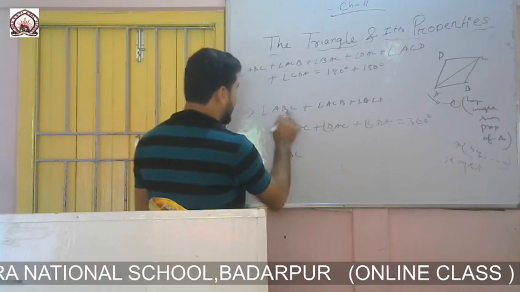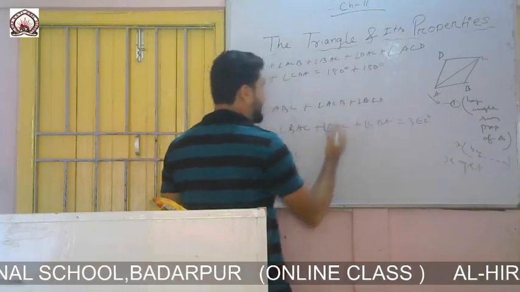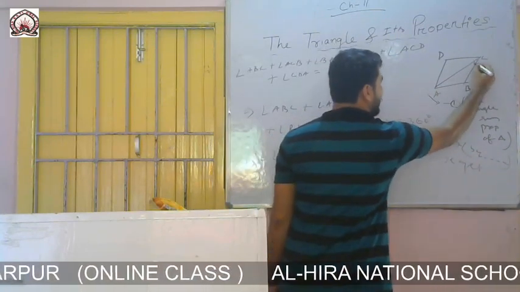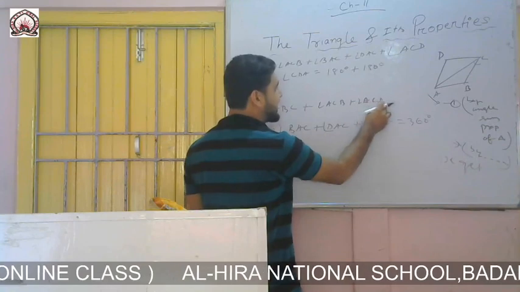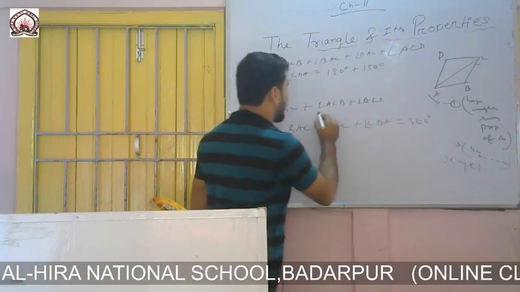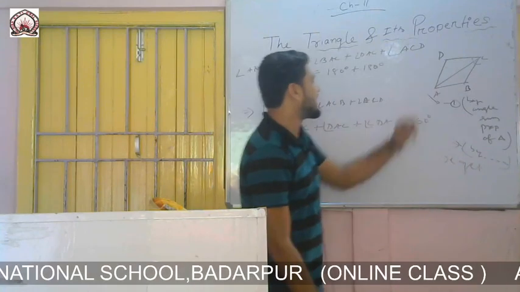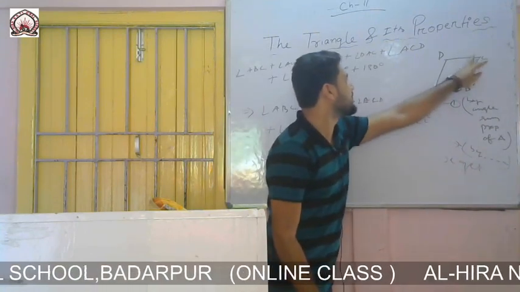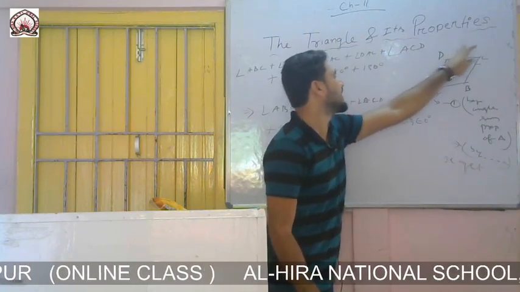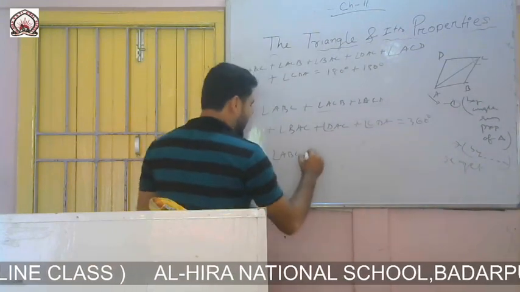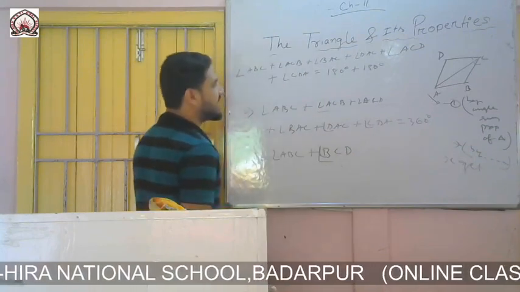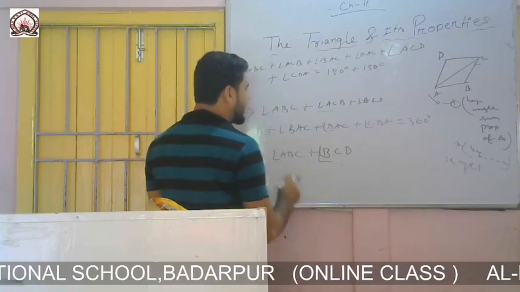Now from there you see ABC and ACB and ACD, what we find? ACB means this angle, and ACD means this angle. That means for this angle I can write BCD, because we have got the full angle, so we can write BCD or DCB, anything. So we can write angle BCD,